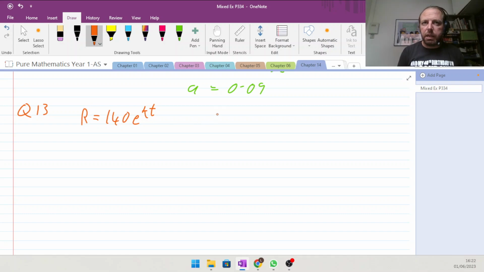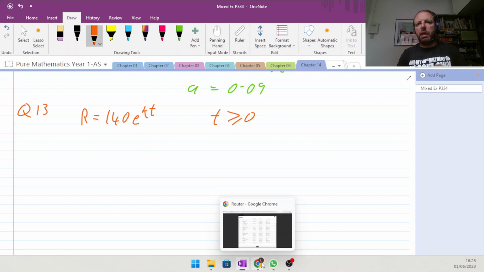Okay, and t is time and it's greater than 0, where R is the measure of radioactivity at time t days and k is a constant. Explain briefly why k must be negative. Because radioactive decay is going down. Okay, so we have to have a decrease. If we have something like